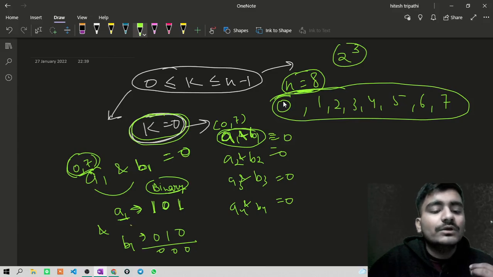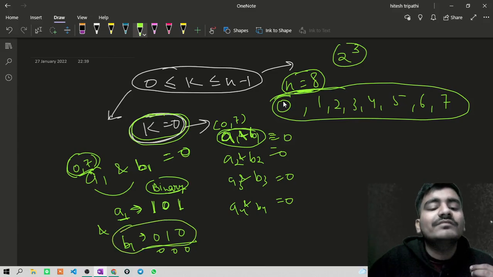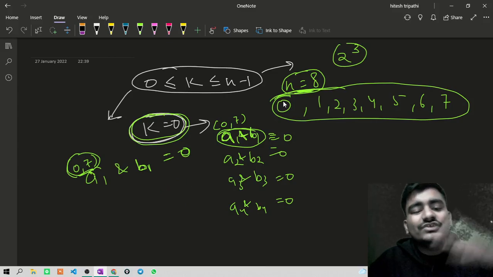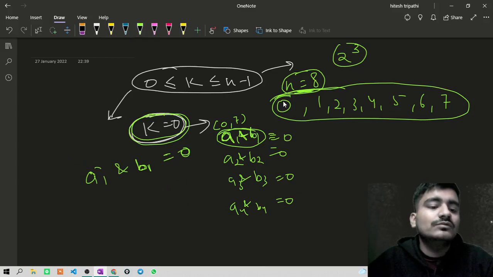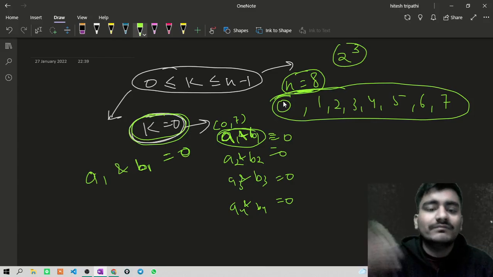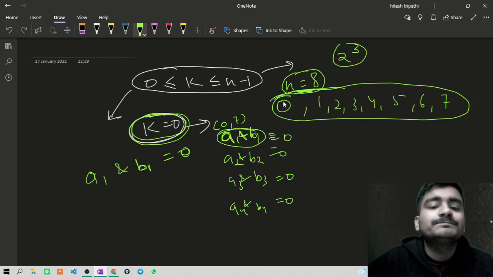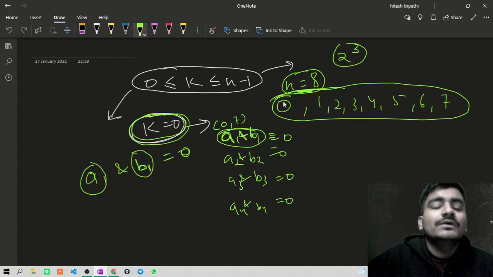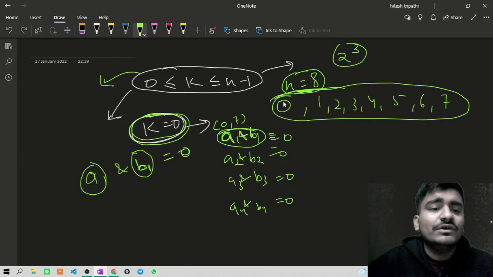Now how are you going to find out the complement of number a1? Let's discuss that. So this kind of question is very constructive. You have to think out the solution in this way only, and there is no direct concept or algorithm or anything behind this question. Now you already know some number and you want to find out the complement of that number. So for that, what we have is, we already know that n is a power of 2.